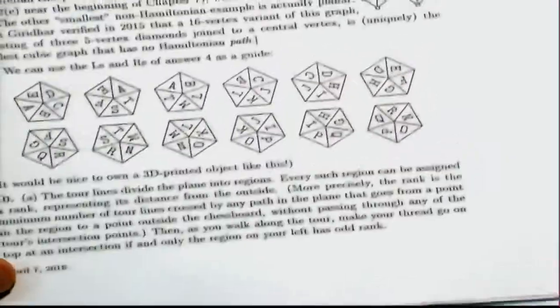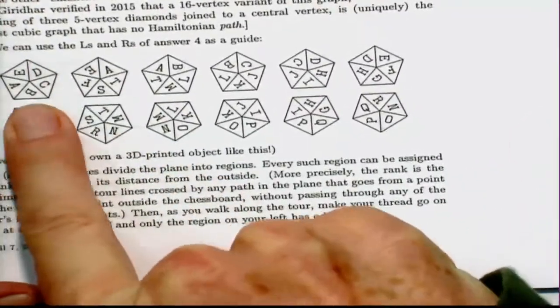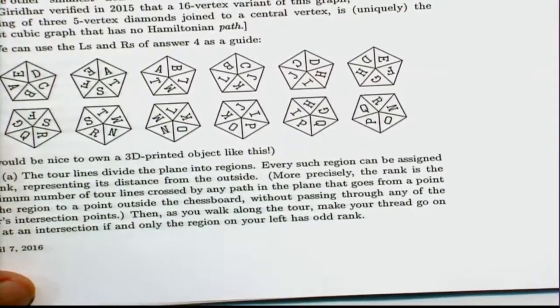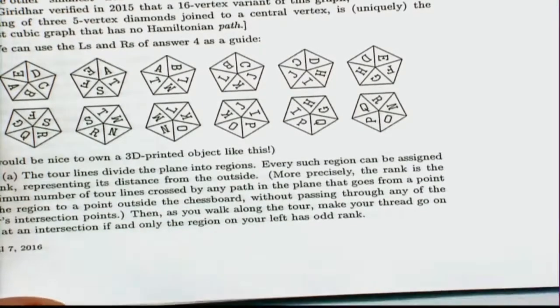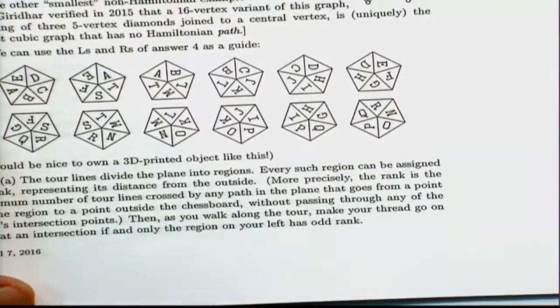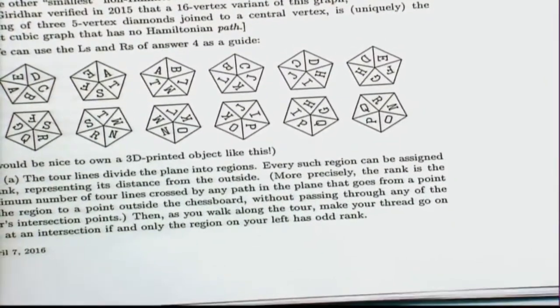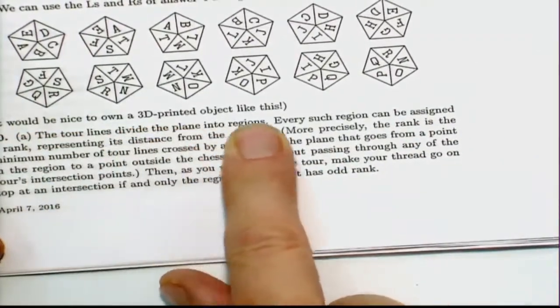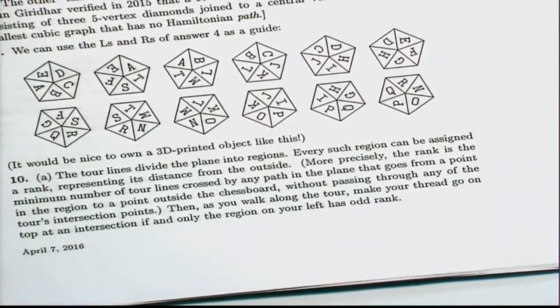And if we look at the answer to exercise 9, I show what such an example would look like. And in a sense, actually, Hamilton knew that the answer was unique up to obvious transformations, like starting the cycle at B instead of A, or going backwards, or taking a mirror reflection. So there's only one answer to this problem, essentially. And I said, well, it would be nice to own a 3D printed object like this. So at the beginning of July, I had